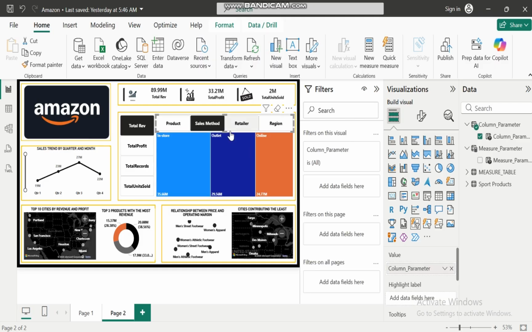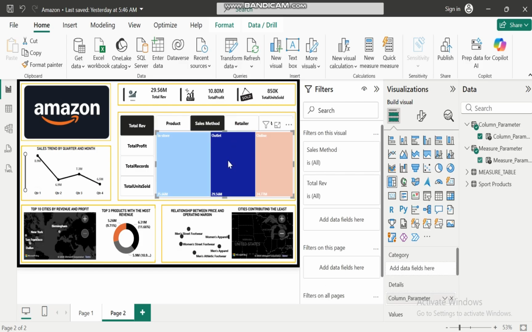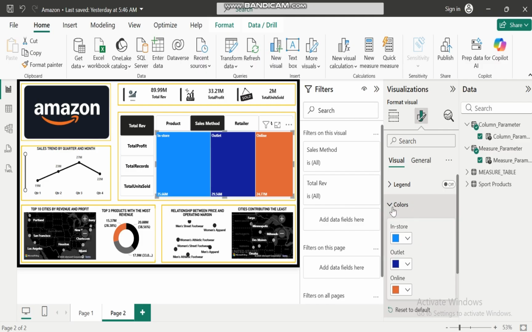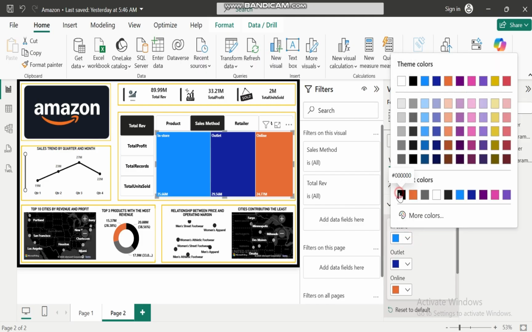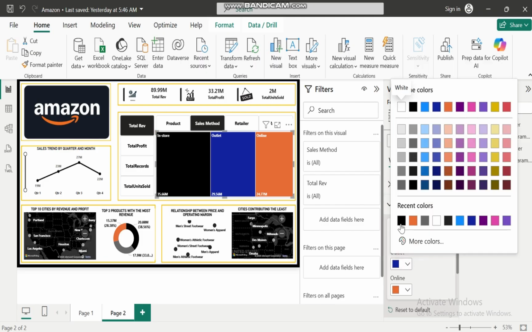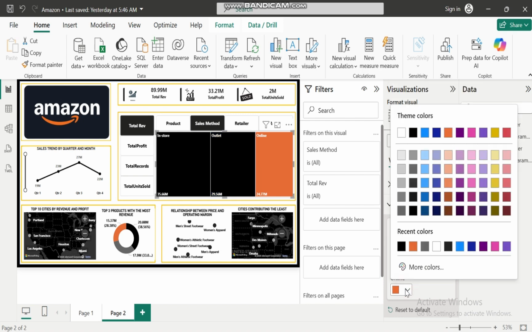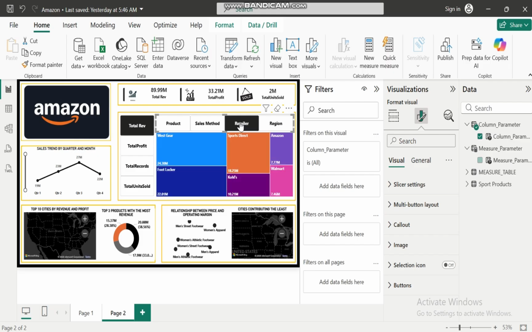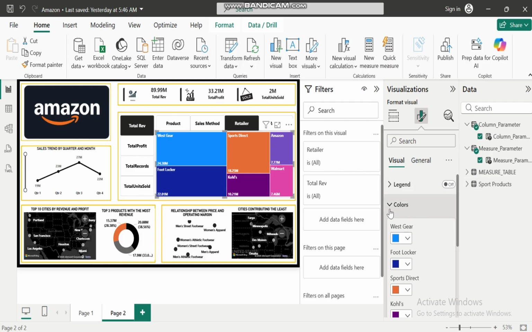So again, like this. For some reason, we are going to have to change them one by one if you don't like the colors. All right, and that is totally fine. You can easily just change your colors. If you are tired now, I like to leave this as this color, it makes it look really good. And then the retailer as well, so we can just go in there, and then because we don't